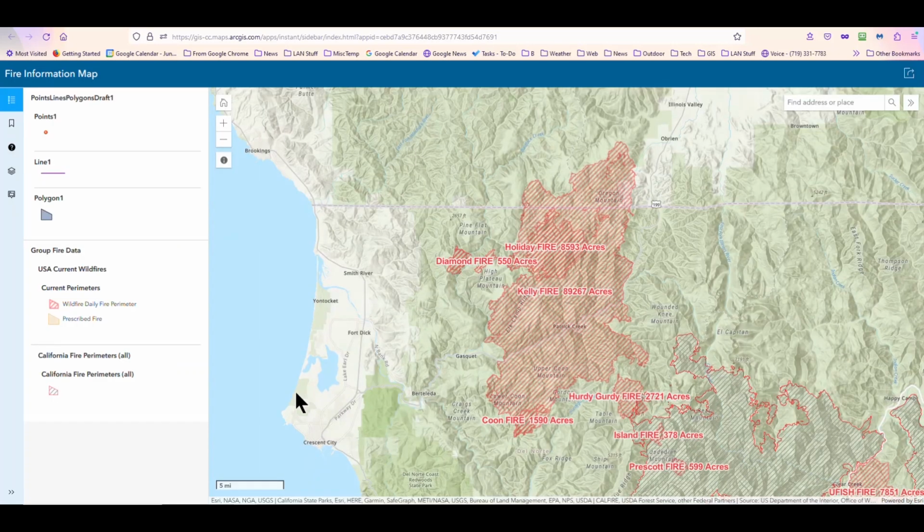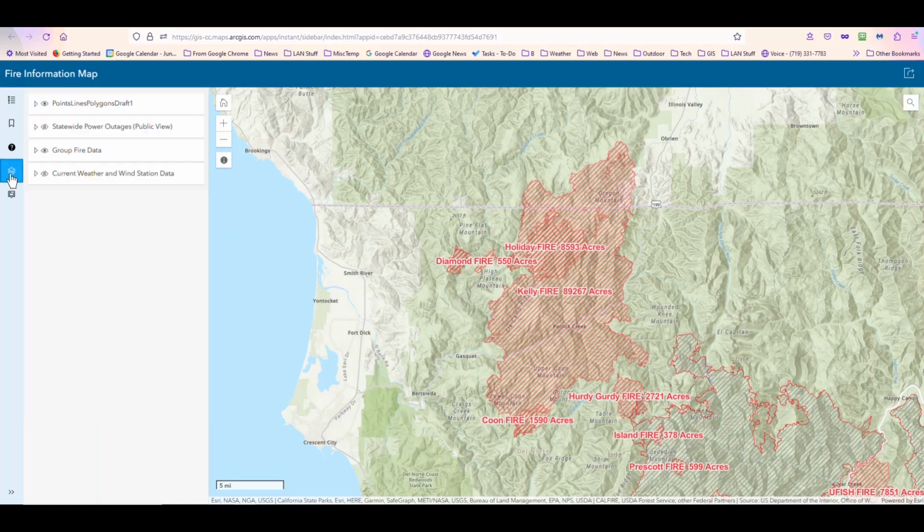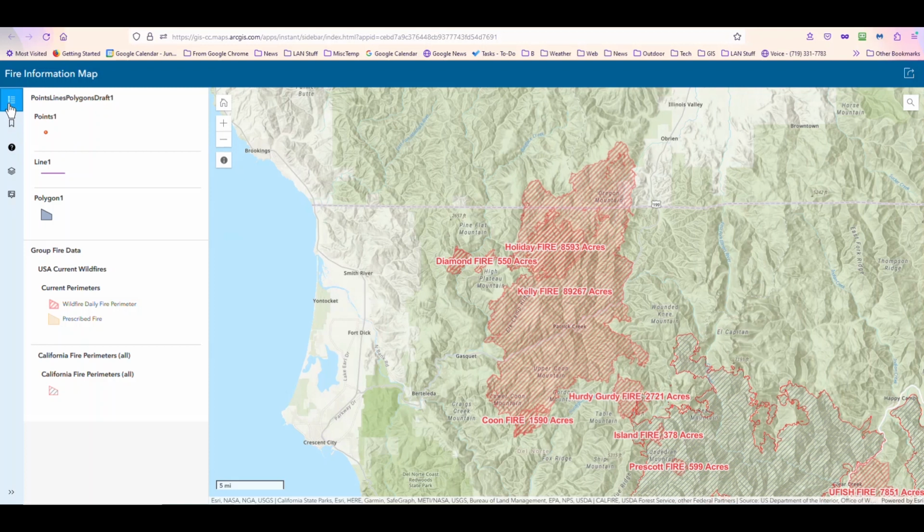So there you go. That's pretty good. And that's the Express setup. And it has pretty much all the basic tools. And notice here it's got a right arrow here so we can get that out of the way or show it fully. And layers, our information, more details, our bookmarks. If you'll remember, we made a bookmark in the web map, and the points, all the symbology of all of our